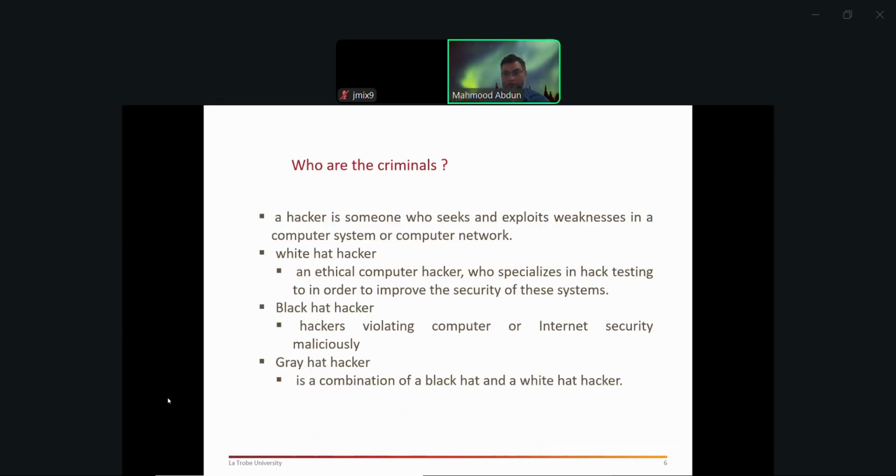The next slide talks about who is behind these attacks and what their motivation is. So a hacker is someone who seeks and exploits weaknesses, plain and simple as that. There are two main classes of hackers, right? Because hacker is an overused term.